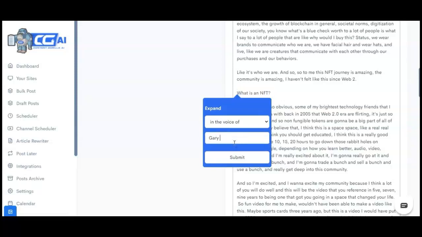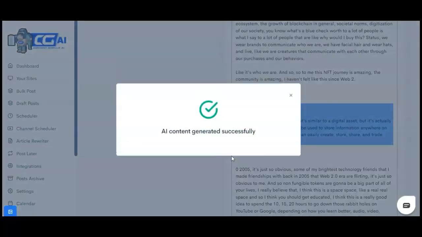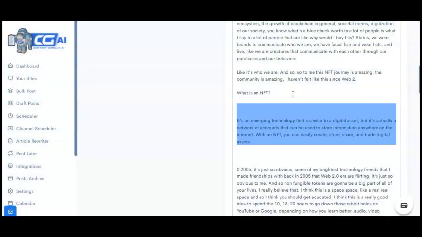Let's go ahead and say that I want this content to be in Gary Vaynerchuk's voice, right? Let's go ahead and submit that. Now, how this artificial intelligent engine works is it has consumed 10% of the entire internet, right? So it knows a lot about a lot of people. So anyone who is kind of famous, this engine can easily write about them, basically in their voice, right?